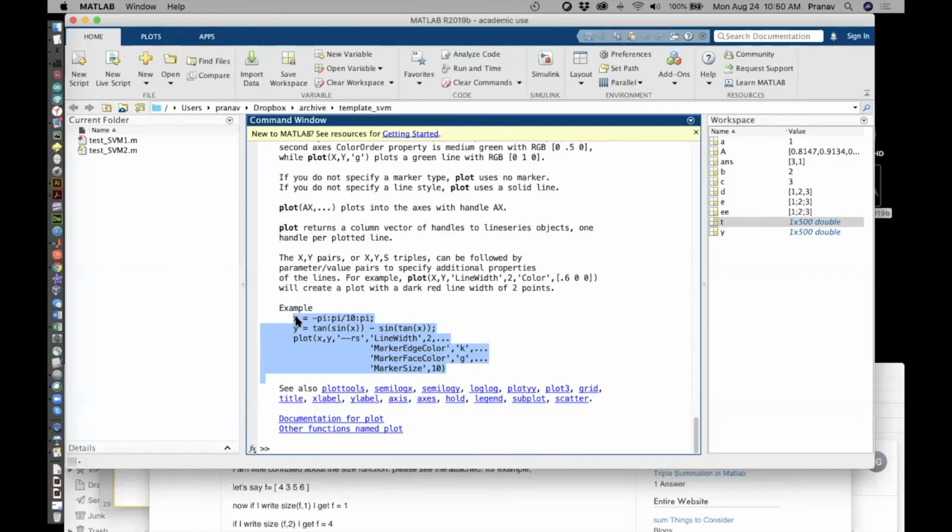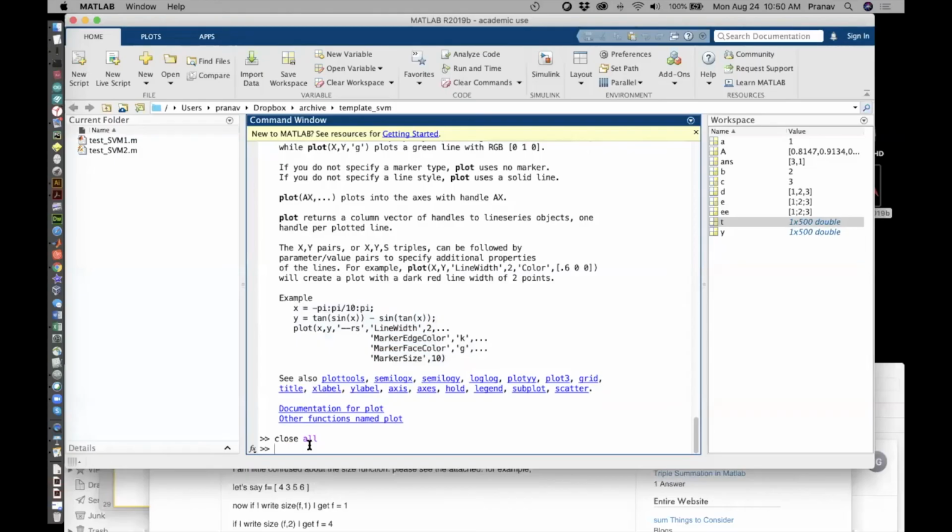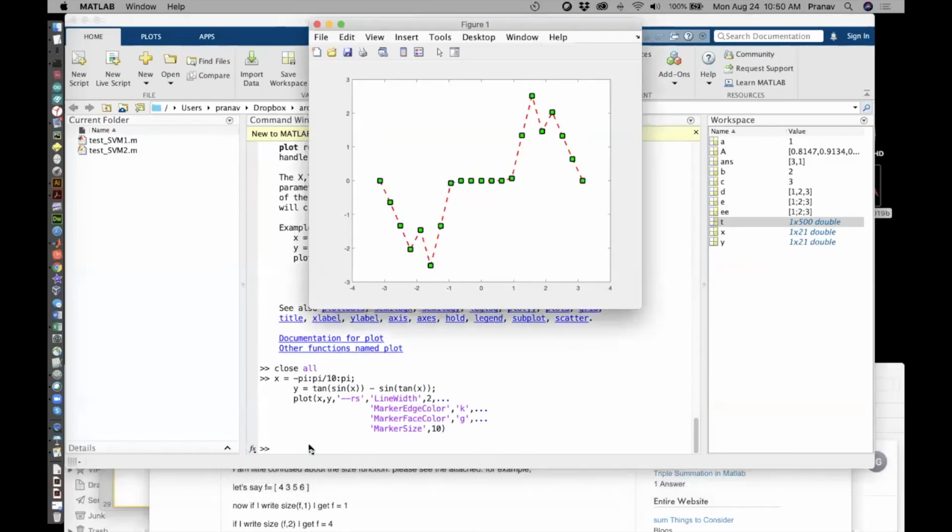Many times I program this way. I take the example, I paste it, I run it, I see what the output is, and then tweak it to suit my purpose. So for example, here's an example. I'm going to close my figure. The command is close all, and then I'm going to paste it. And you see that this is the example which MATLAB gave you. What needs to be done, if you want to play with it, let's say that you want to change the colors from